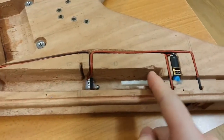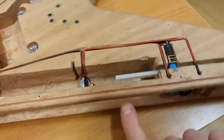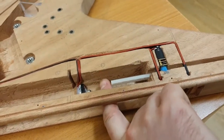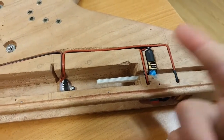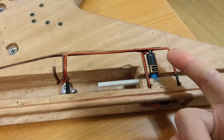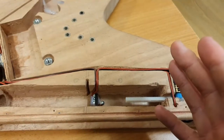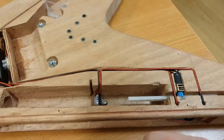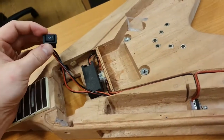If the piston rod, which is here, needs to go back, you could put your finger in the side and kind of push this back, but then you're pushing against the motor and you're going to eventually just wear out the motor if it moves at all, depending on the motor you put in there. So I was like, well, back when I did the GameCube controller and I just built a reverse polarity switch, why don't I just do that here? So what this is, is a reverse polarity